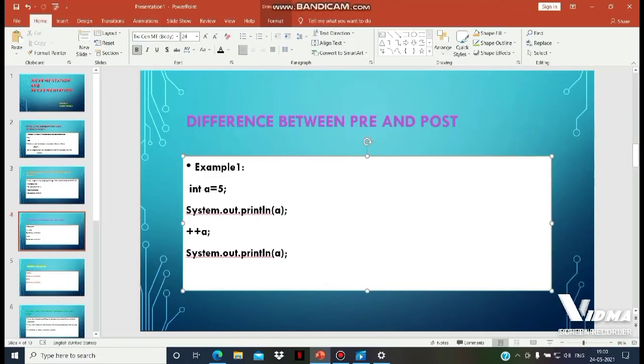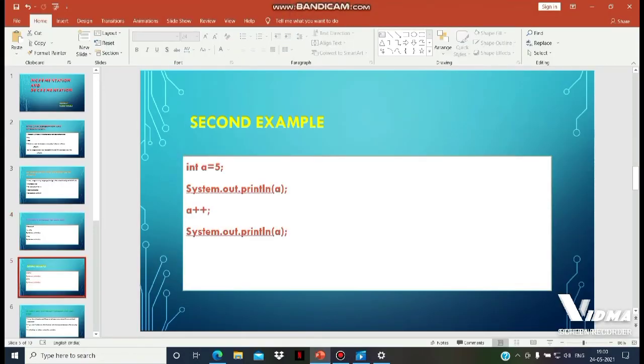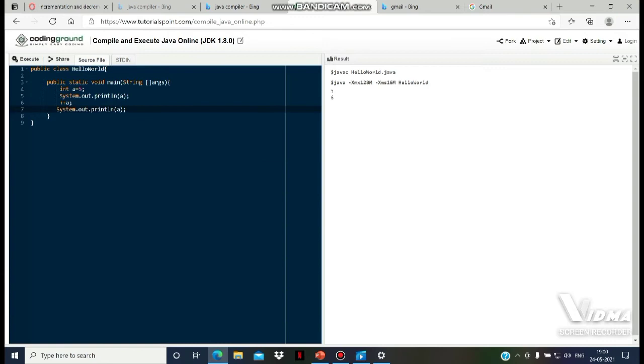Okay, here we executed this pre-increment operator, and here let us also execute this post-increment operation, just by changing the pre-increment operator to post-increment. Let us execute it.